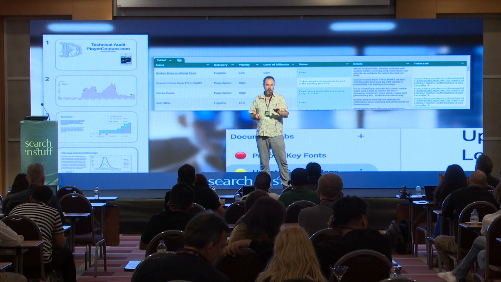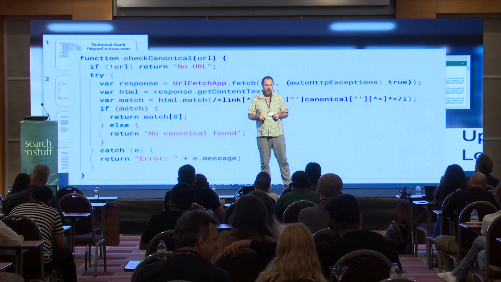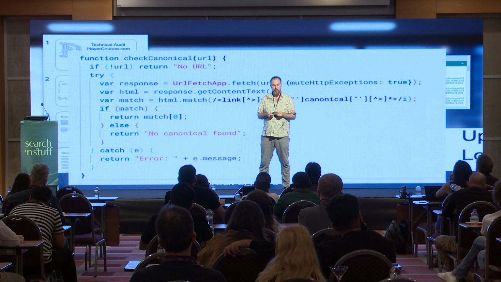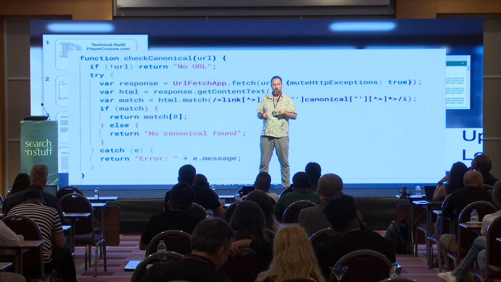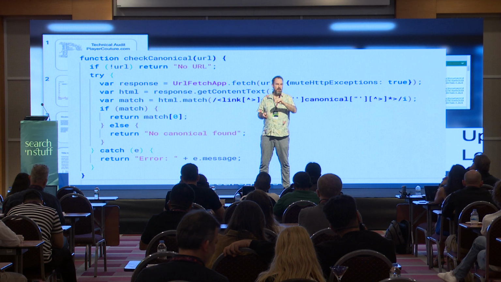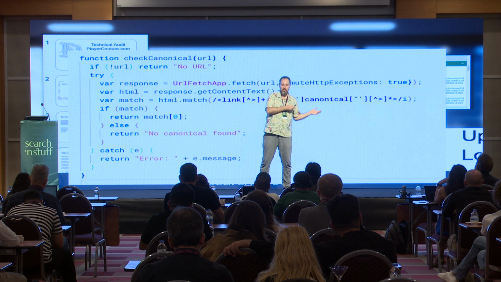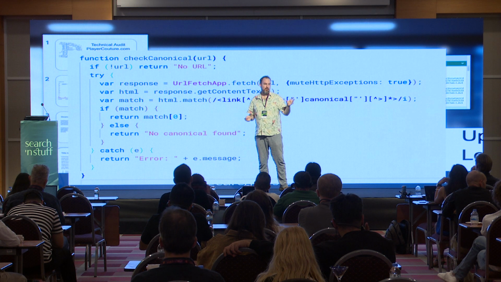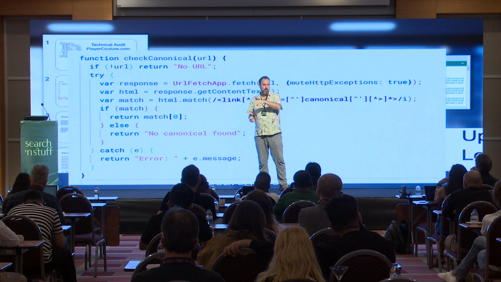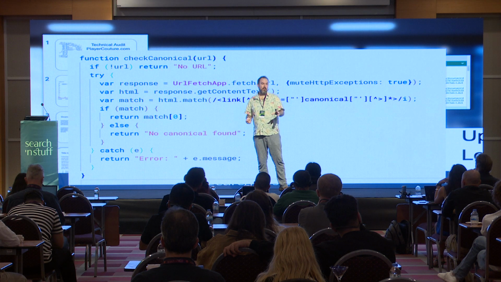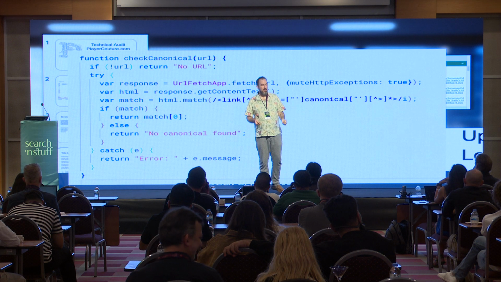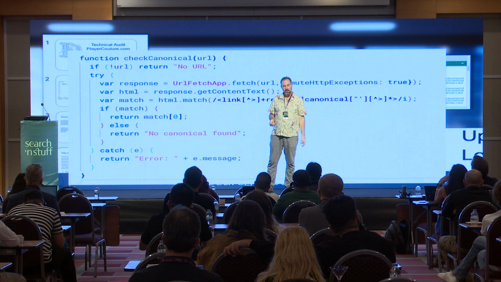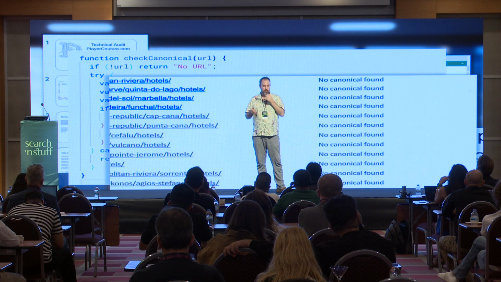But the other thing that I do is I also link out to tickets. The other thing you can do with Sheets is you can program into them, so you can create them live and dynamic. So I'll often say, check this canonical tag, or check that this is matching this. If I've got a sheet with the templates with no canonical tags, and I give them a sheet with some of them, it actually has something which checks it dynamically and live. So they don't have to ask me to recrawl the website and check it. They can actually check stuff like that. So it's really simple. I'm increasingly doing that.